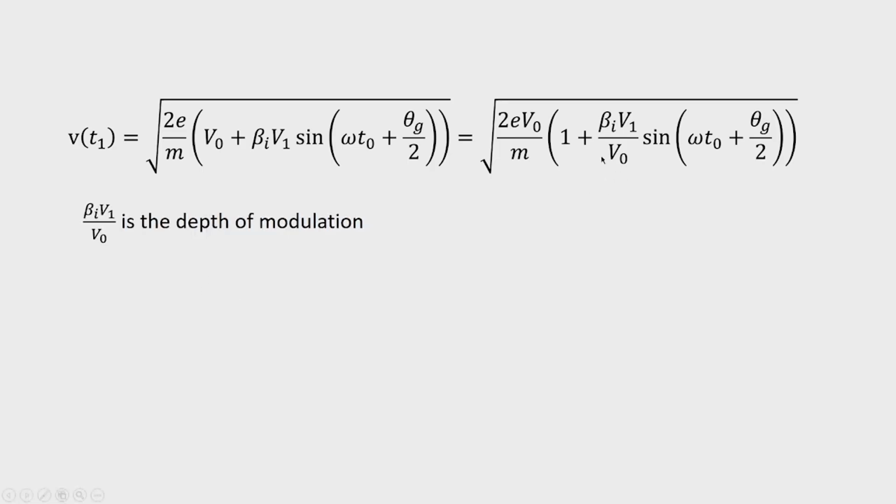Now, this parameter beta I V1 by V naught is the depth of modulation,